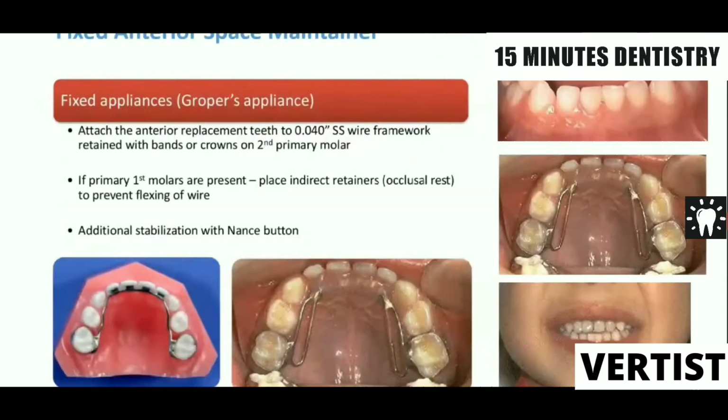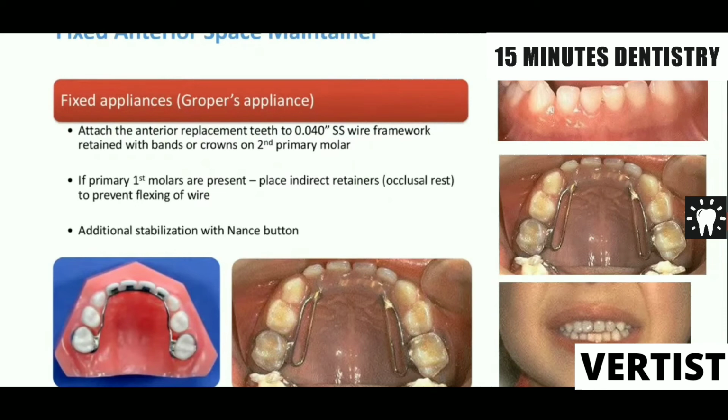Now, there are certain situations. We talked about the loss of posterior teeth. In case of loss of anterior teeth, we always need to think about something beyond space maintenance. The replacement of anterior teeth should be done for aesthetic reasons initially, and then for space maintenance. We can use a removable partial denture or a fixed anterior space maintainer, also known as a Gropers Appliance,